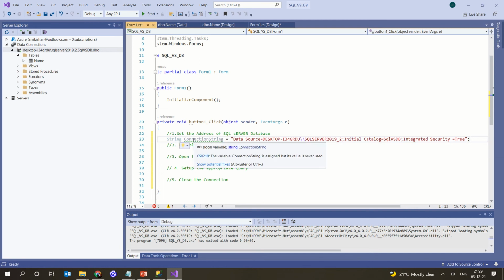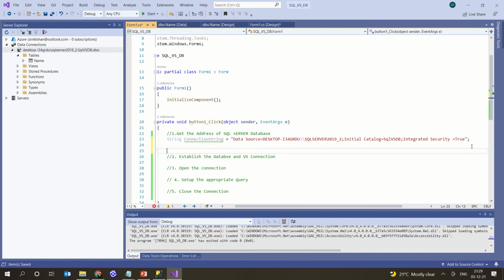Here there is some issue coming up: the connection string is assigned, but its value is never used. Yes, we have not used it yet, so just wait for some time. So this is how you assign the address of the SQL server in your Visual Studio.